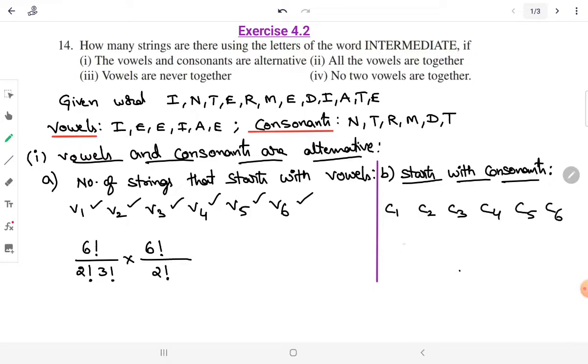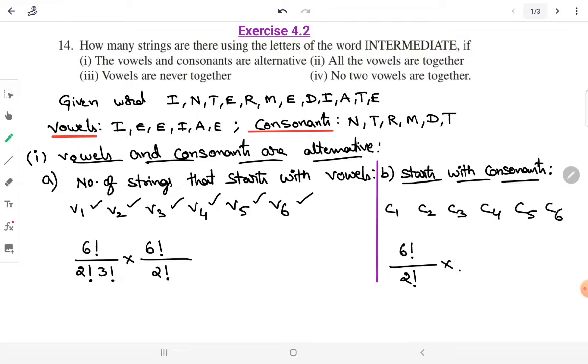Now 6 consonants can be arranged. The number of permutations can be in 6 factorial ways. Now in these consonants, how many are repeated? T is repeated twice, so divided by 2 factorial. Okay, next followed by,